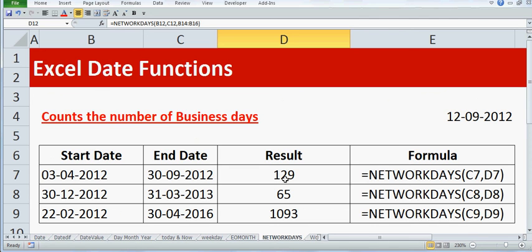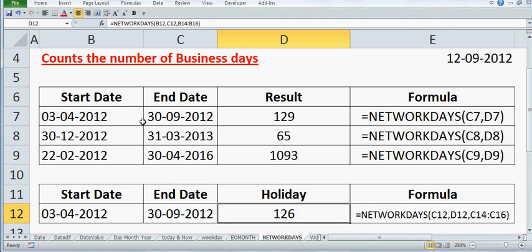Now let's learn about the NETWORKDAYS function. Basically it counts the number of business days. Now let's assume you have mentioned a start date and an end date and you want to know how many business days are there.